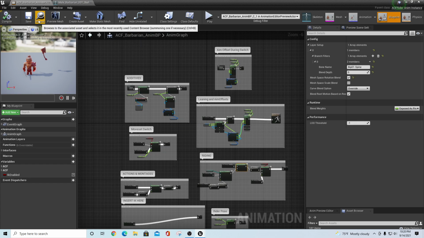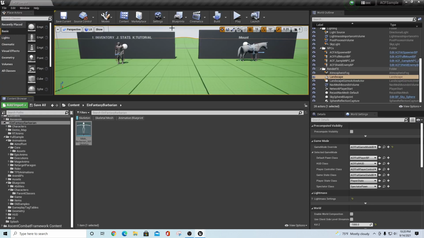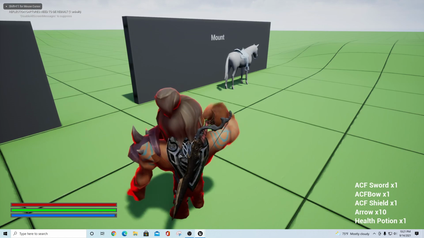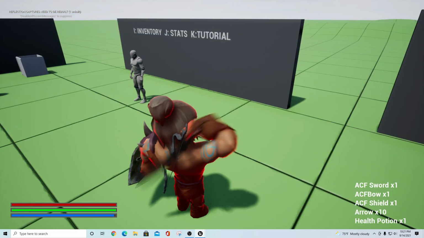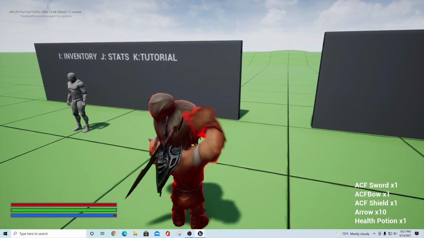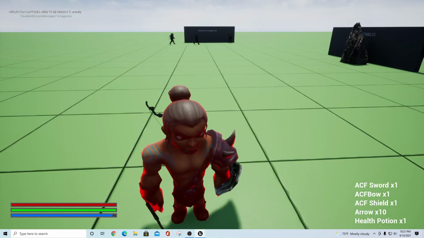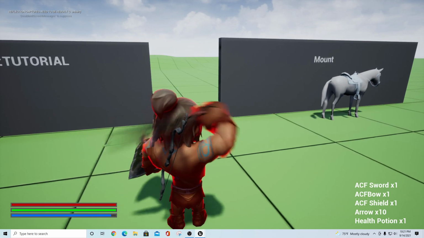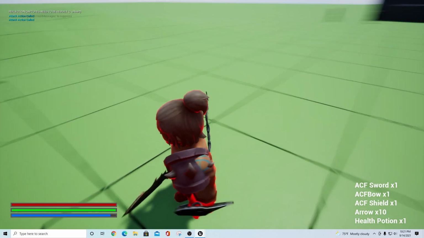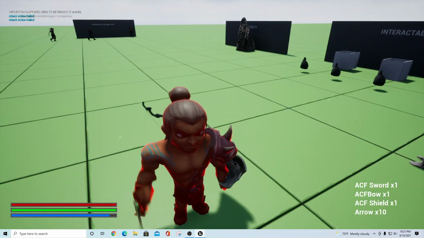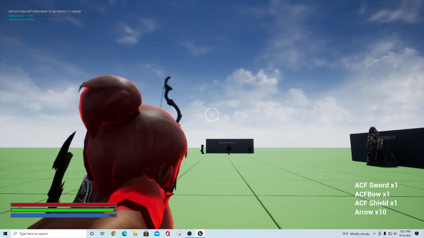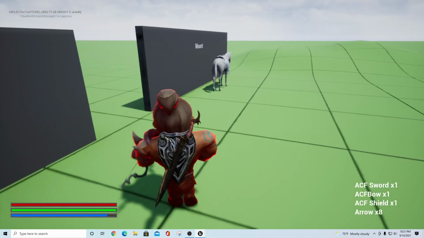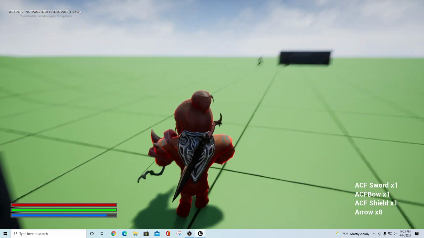So let's go and compile, save, and go back out to our map here. And so let's equip our sword. Now you can see that because we changed the bone name to the correct name, he's actually playing his animation correctly. Okay, and as we showed earlier, his hand reaches basically right up to where that sword is, and it puts it right back to where we had blended it earlier. So now that's working. I would assume that if I drink a potion, yep, he moves his hand there. If I draw the bow and pull that up, see, now he's actually able to draw the bow back and fire his arrows. Okay, so that's the basics of how you would set up a character with different skeletal bones